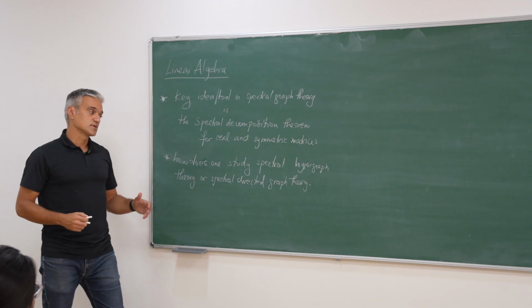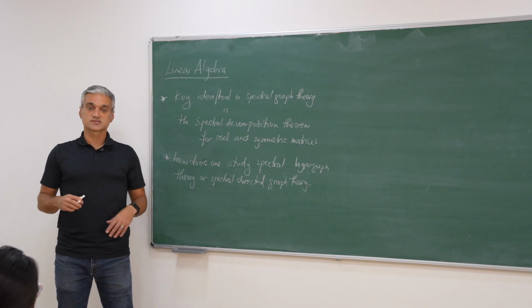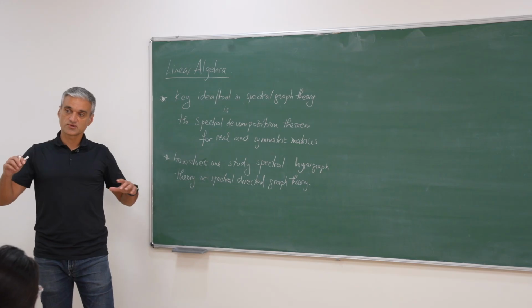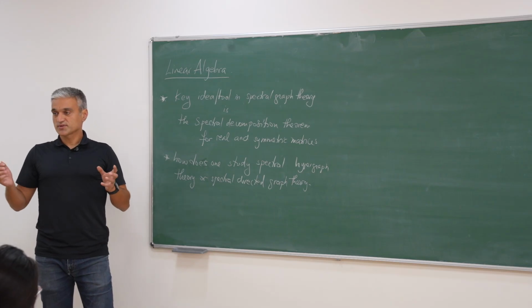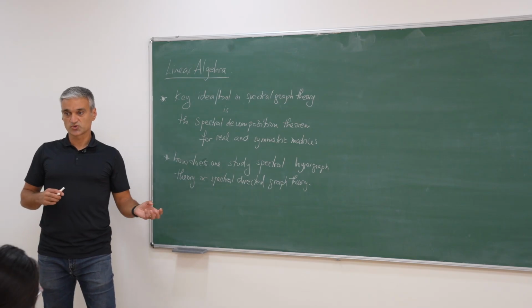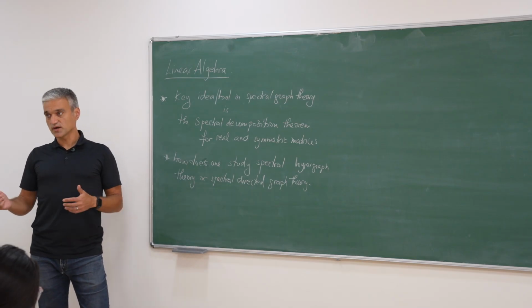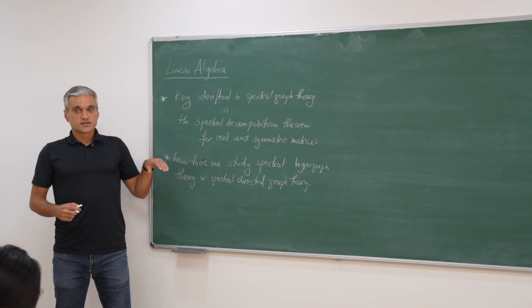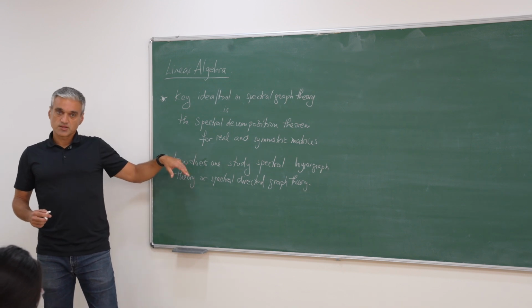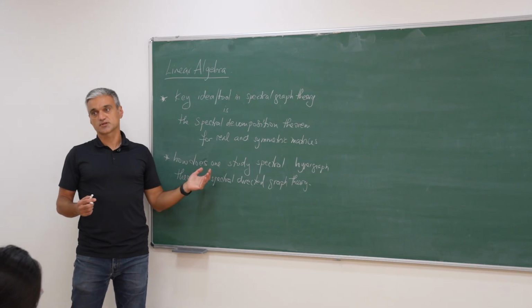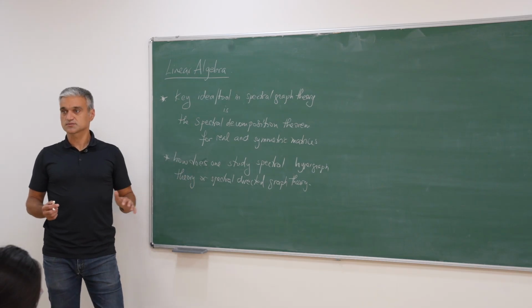You see, in attempting to generalize the results from spectral graph theory to other realms, like hypergraph theory, where edges have more than just two vertices, or directed graphs, where just because you have something from x to y doesn't mean that you have something from y to x. This is the main block that one has to overcome, and also that's the approach that people have taken in some situations. Maybe I'll talk about it towards the end of the class.